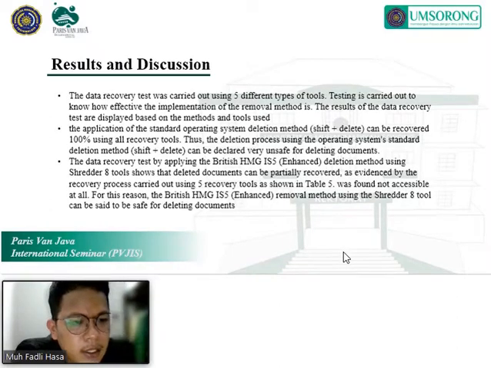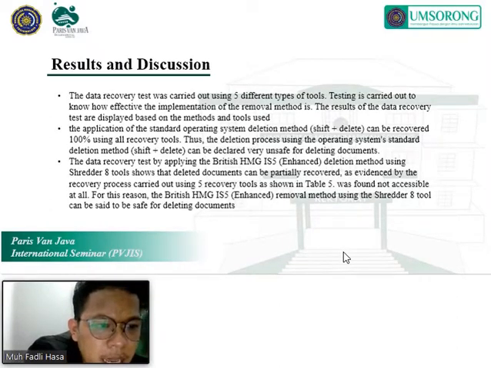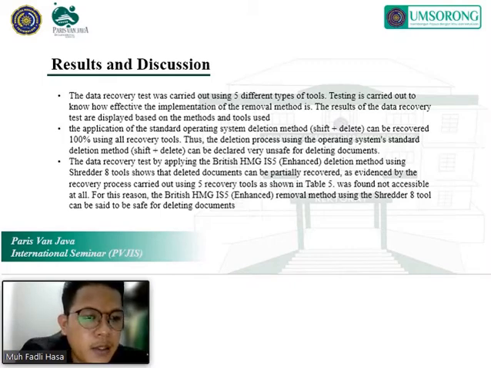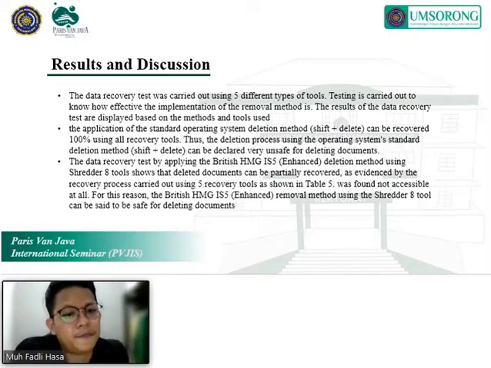The rest was found not accessible at all. For this reason, the British HMG IS5 Enhanced removal method using the Shredder tool can be said to be safe for deleting documents.